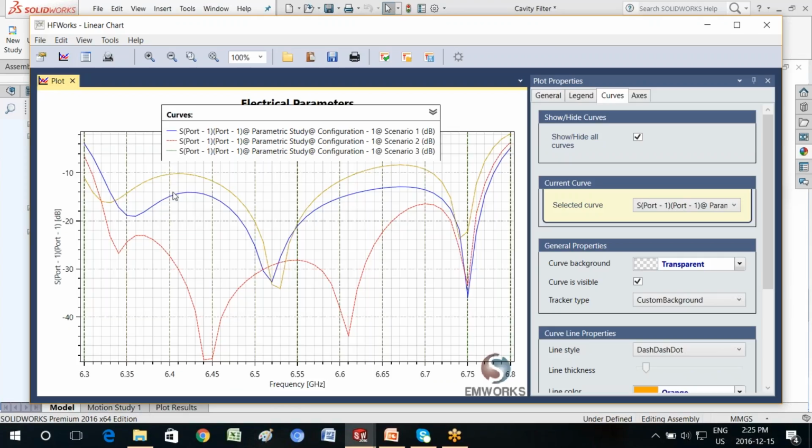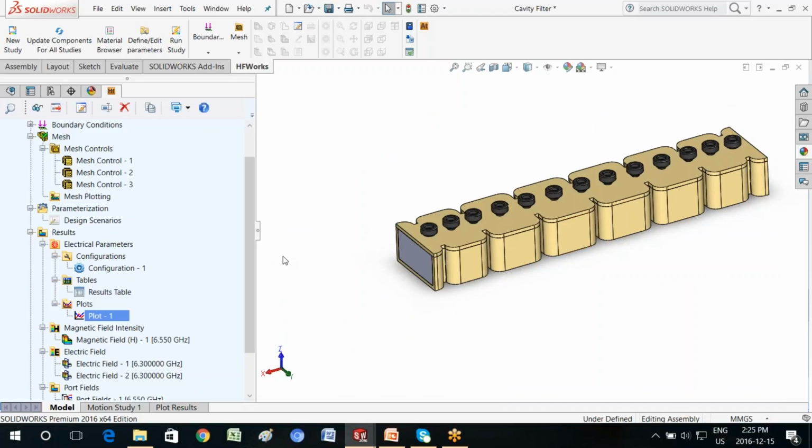And you can see how scenario 1 and scenario 3 fare in comparison with scenario 2. So if you were to pick a scenario for a filter operating in this frequency, you would like it to pass these frequencies, and I would select scenario 2. So one can actually make these kinds of what-if scenarios and study them inside HFWorks.